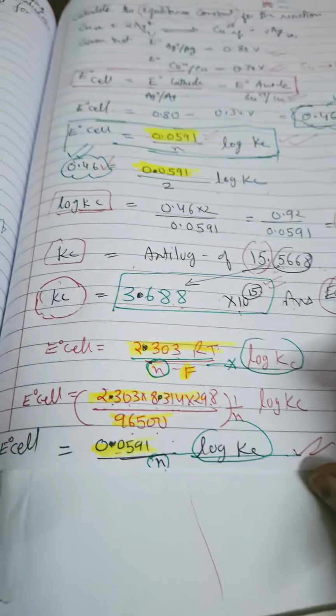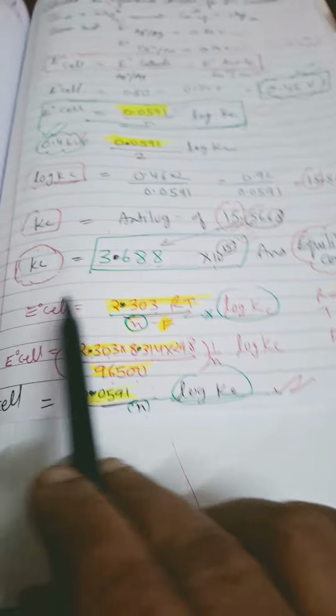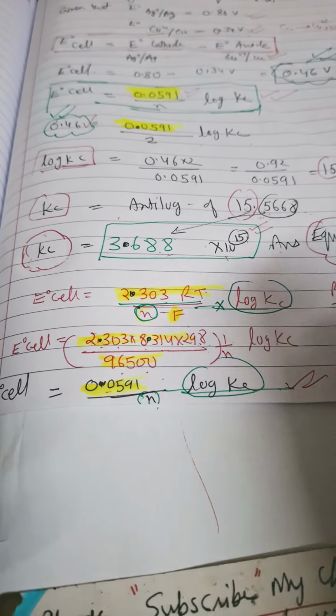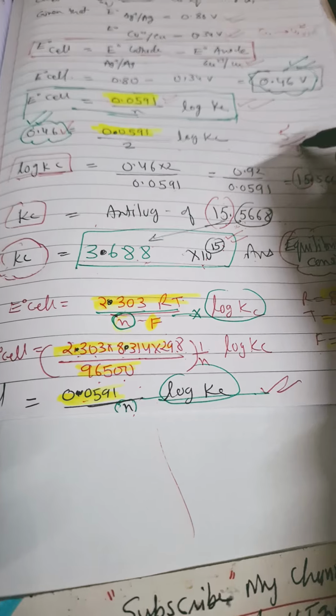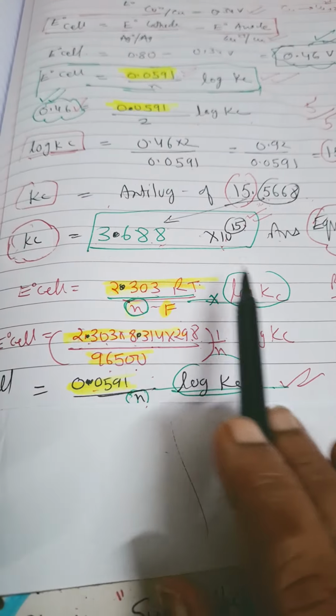So in this way, this is the shortcut for MCQ, and this is for the 12th board exam. Okay, you have to write down all these things, then only you will get 5 on 5. If you want to get 5 on 5, then you have to write down all these things, starting from here.